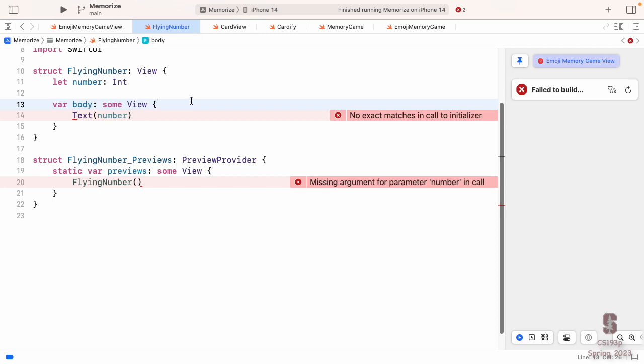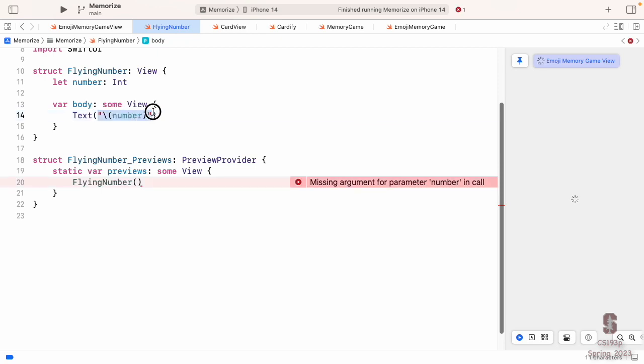So we could do this, quote, backslash, number, right? Could do that. I'm going to show you another cool thing about Text. It knows how to take other data types like number and format them. So it has a format argument, and one of the formats it has is a number formatter. We're going to put other arguments on this number formatter, but that's a nice feature of it there.